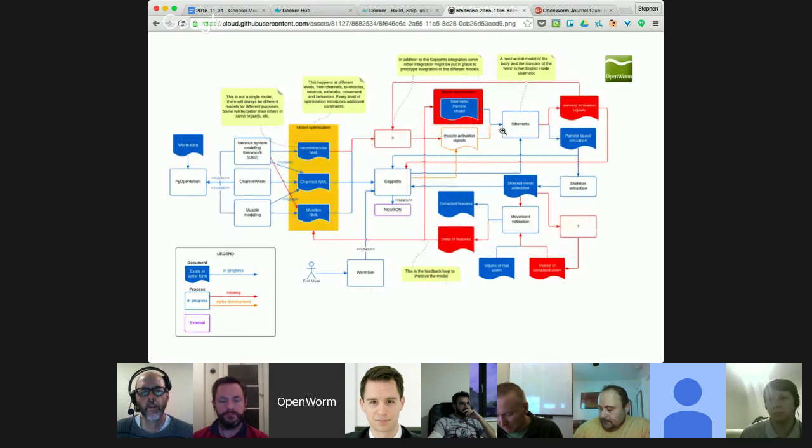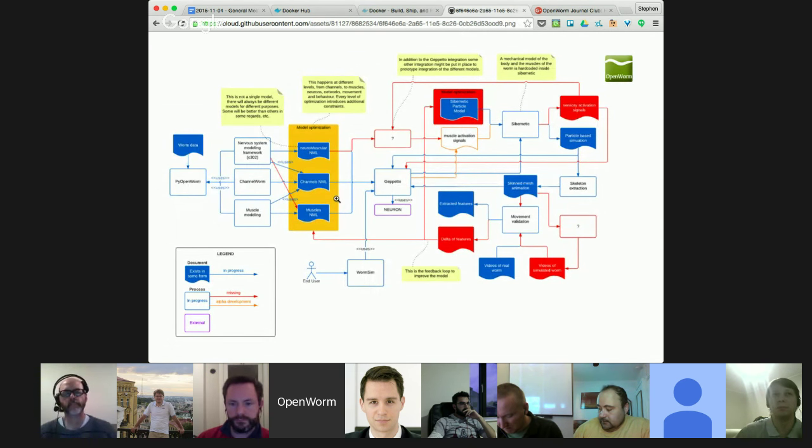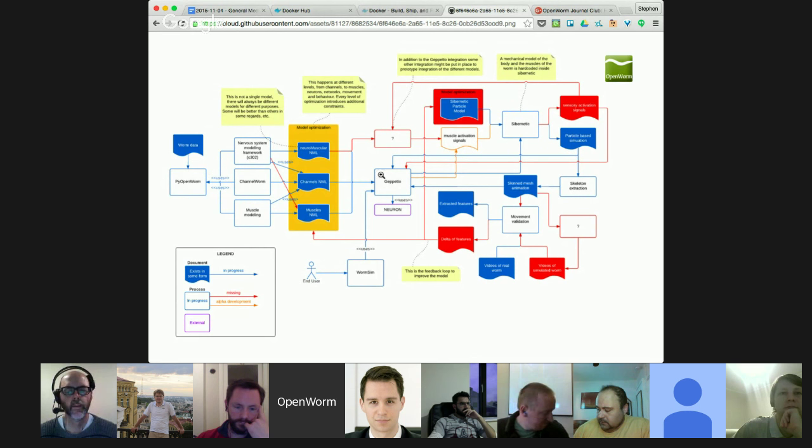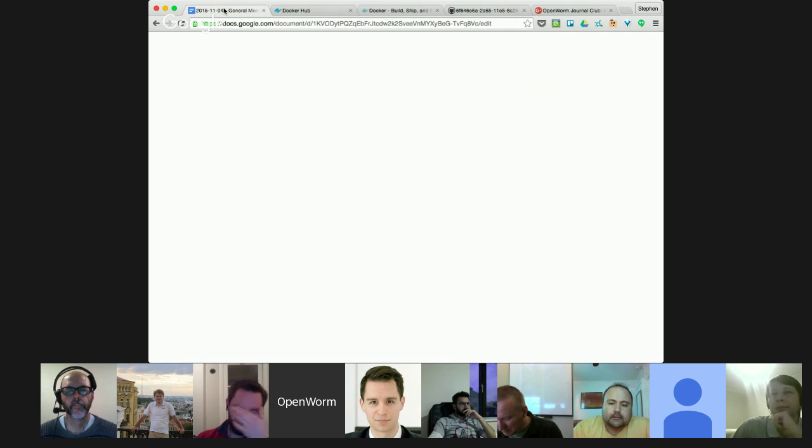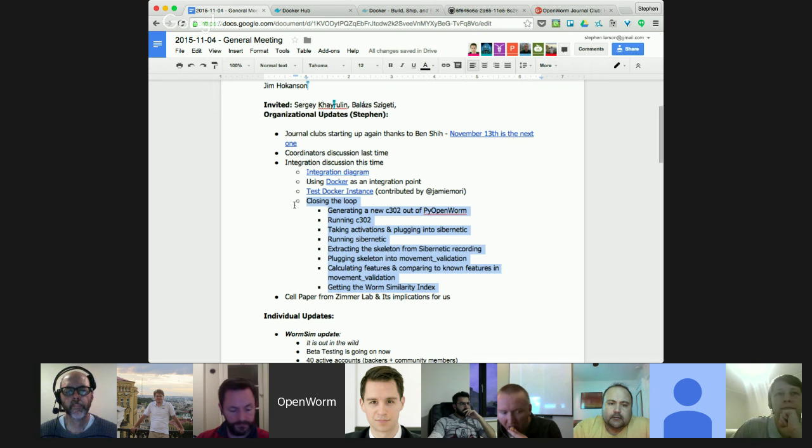So the proposal would be, is it possible that what we do is we build Docker instances that load up all these various tools that we have here, which right now there's just a fraction. But then we start to actually build the scripts that plug them together, that animate these lines, so that we could do the following steps: do a Docker pull, start up the instance, and then have one script that does